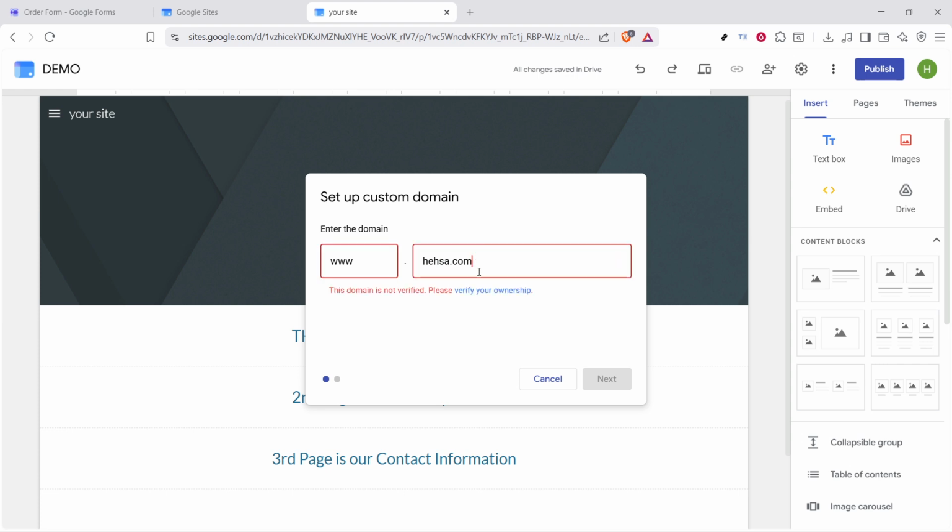Once the domain is entered, click Next. This takes you to the next stage of the connection process and confirms the domain you want to use with this Google site. At this point, you've successfully started the custom domain connection inside Google Sites. From here, Google will continue guiding you through the remaining setup, which typically involves verifying and finishing the connection with